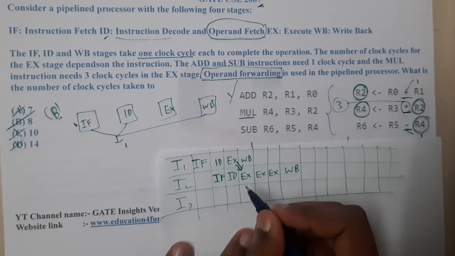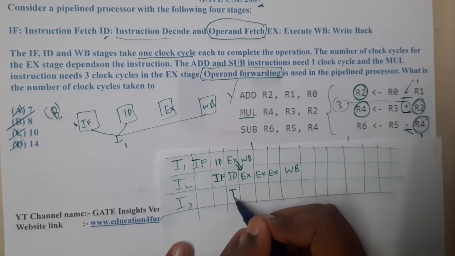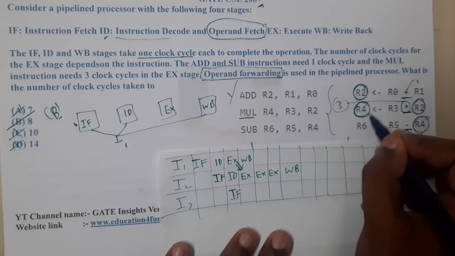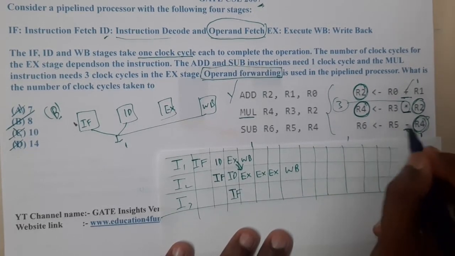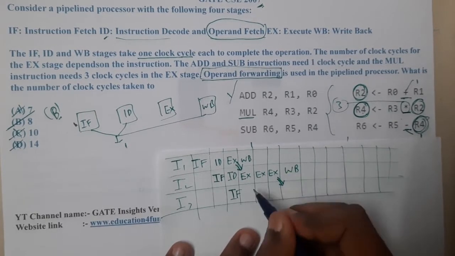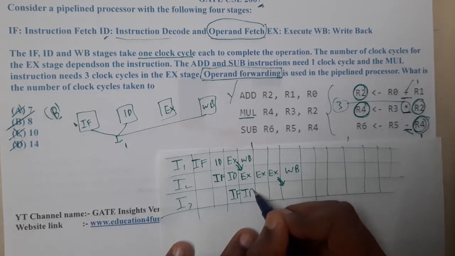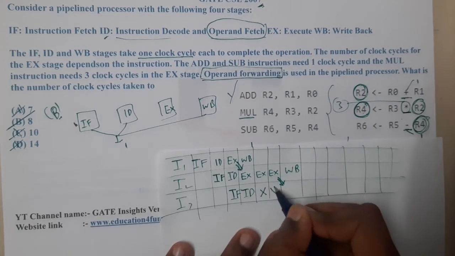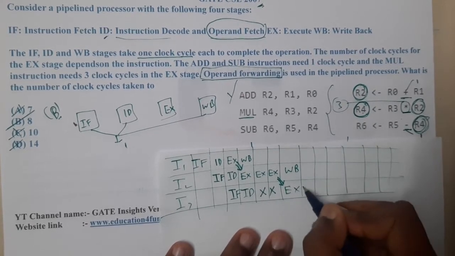Okay, so now moving on. Here I will perform the instruction fetch for the next instruction, right? Yes. Here also there is dependency. So where will the dependency end guys? Once the execution is done, I can collect the values. So I can do instruction decode here. I cannot do execute here. I cannot do execute here. So I will do execute here. Then I will do the write back.